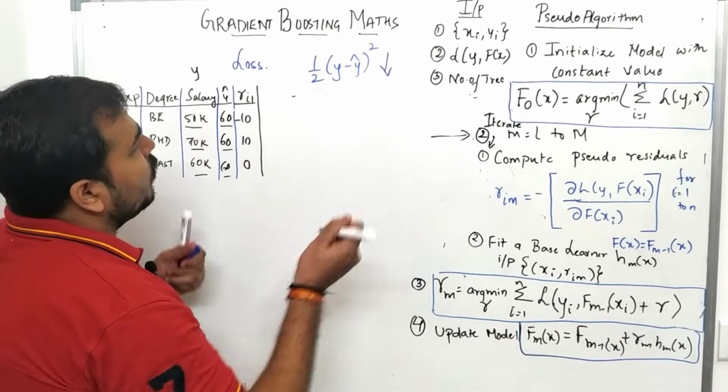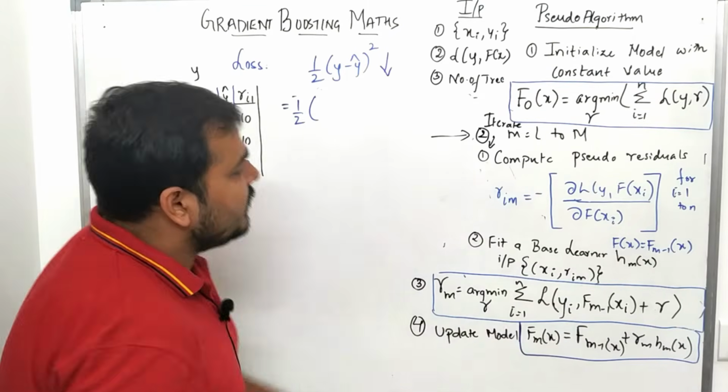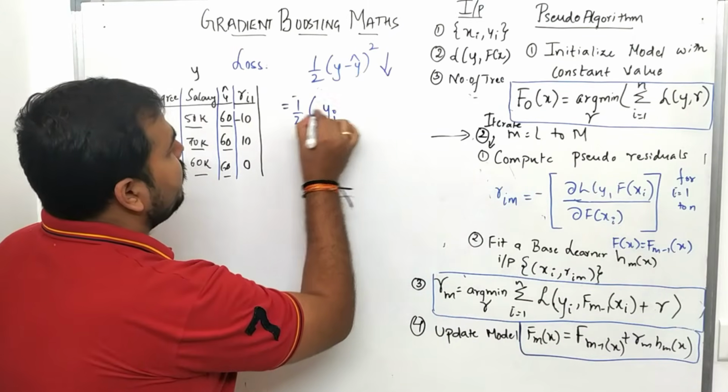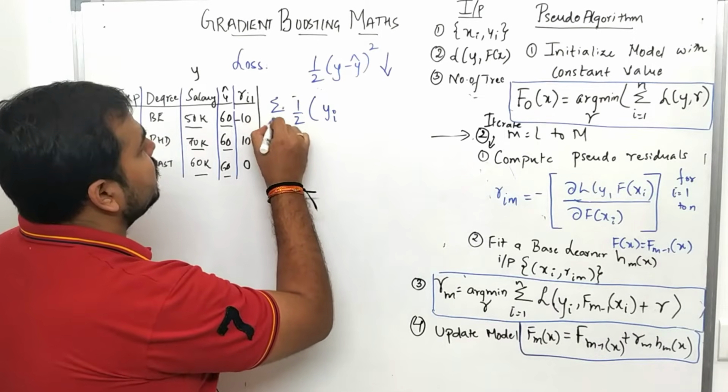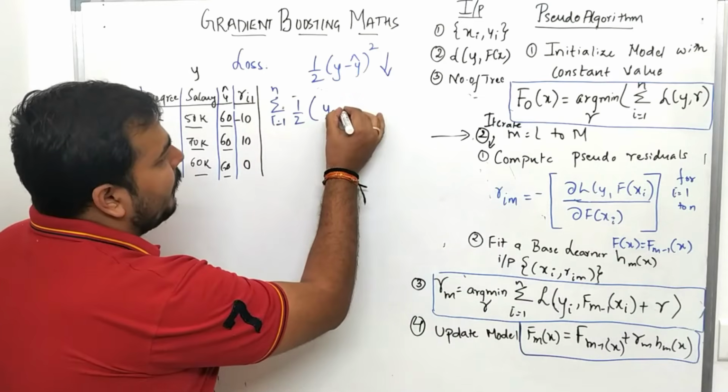Now I can write this particular loss as 1 by 2, y of i is like that only. Remember, I have summation of i is equal to 1 to n, of y of i minus,